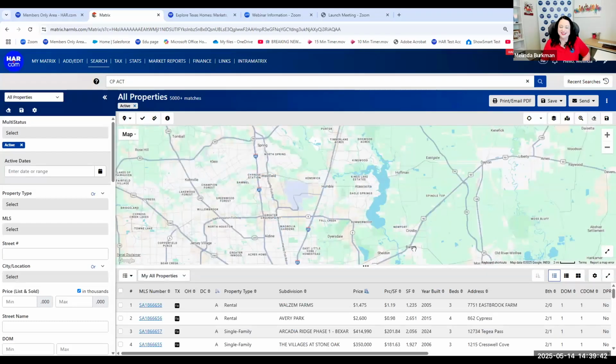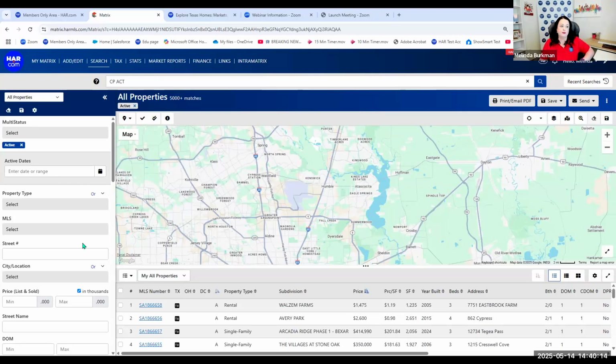Once again, too many results. Okay, so it's responsive to the size of your device. There's going to be a lot of cool new tools, some of which I can't even share just yet, coming to this search. So I suggest getting used to it, maybe using it when you're not busy, doing just a couple of searches. Maybe they're not to clients. Maybe you do a search to keep an eye on the rental activity for a certain area and it goes to you or to your personal email. Start with those types of searches so that you can get more comfortable with it, okay?